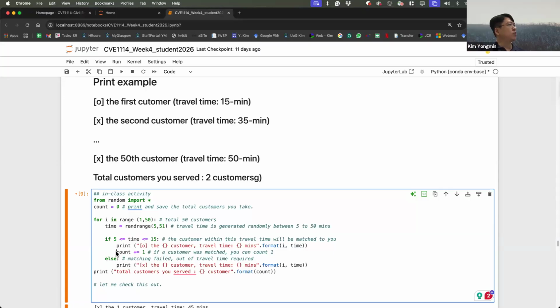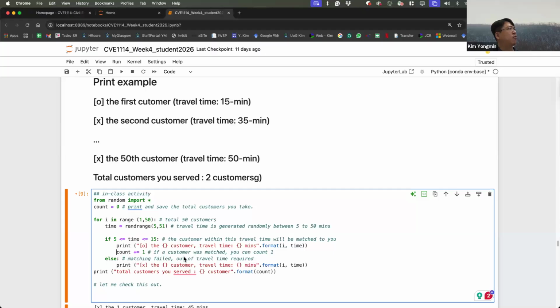And then we also put here, if a customer was matched, you count one customer, and if you also matched another customer, plus 1, plus 1, plus 1.